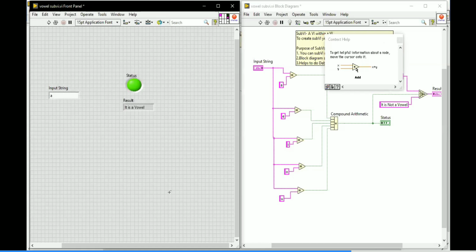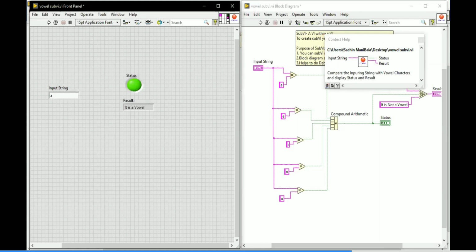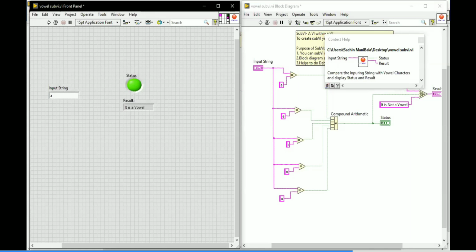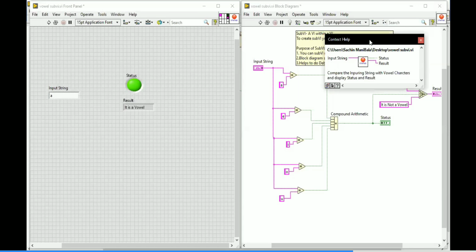After giving documentation, move the mouse cursor to the same icon and now it will tell: compare the input string with the vowel characters and display the status and result. So you can provide documentation like how the functions present in LabVIEW are documented, and the same thing can be done for your icon and your VI also.